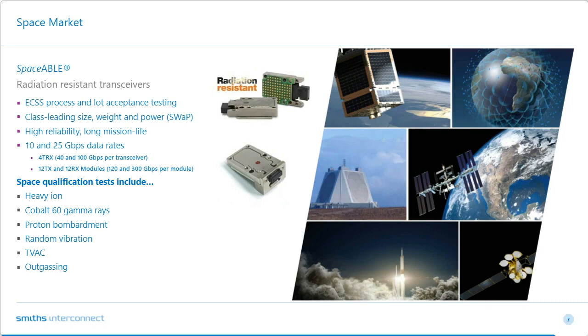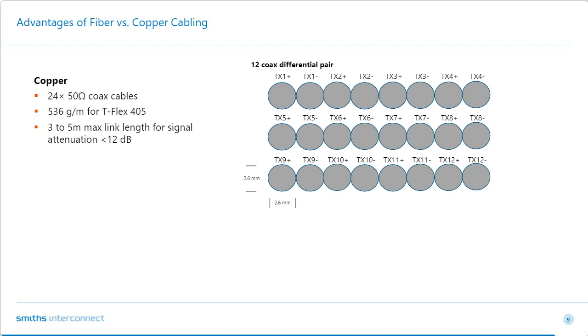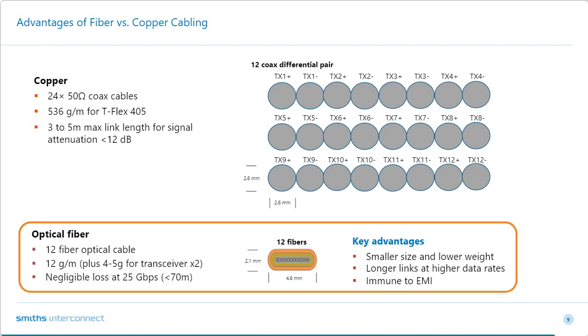What I'd like to do now is take a moment to talk about the advantages of fiber over copper. Now, there are several design considerations where optical fiber is the clear choice, and they are weight, size, and EMI. And if you take a look at the slide that I'm showing here, if